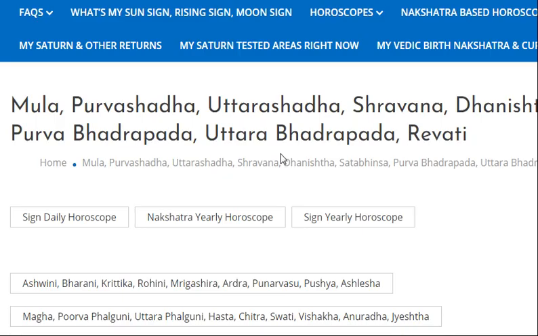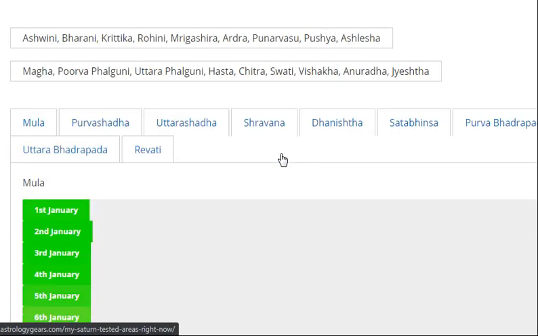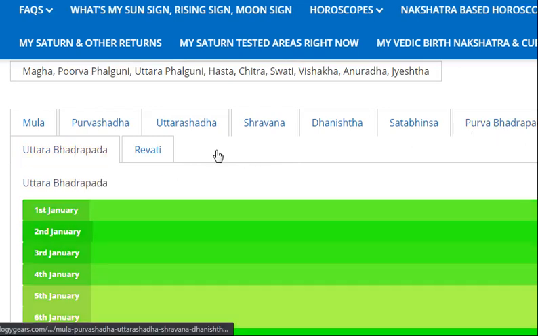Since there are 27 nakshatras, it's not possible to display all of them on one screen in one go, because here you can find the horoscope for 40 days for the nakshatras. So not 40 days, it's for 4 months. Okay, 120 days, so it's a lot of days. So you see that it has loaded here, and I click my nakshatra here,